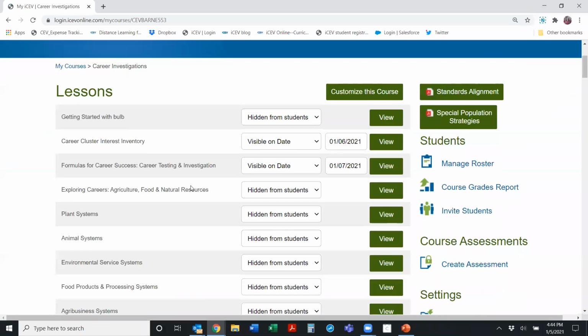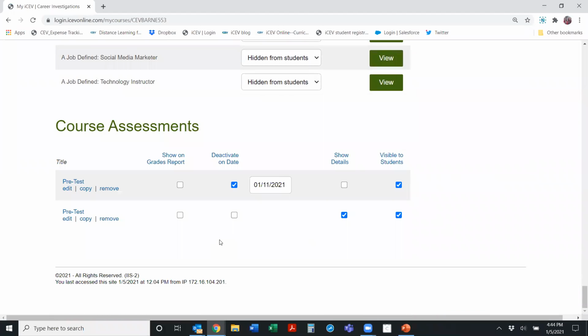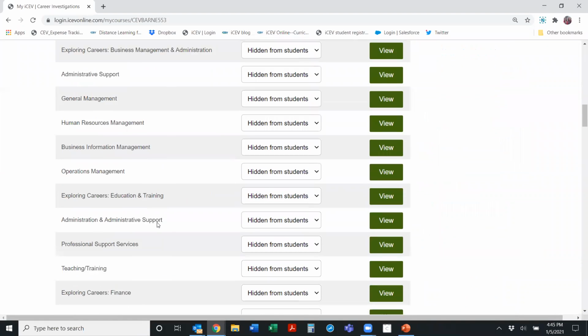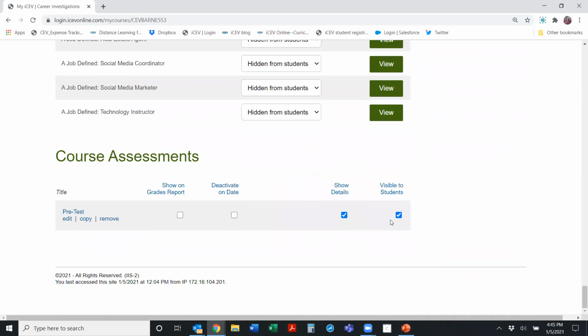Now this pretest will occur at the very bottom of your list of lessons. So here's this one that I just created. This one was one I created earlier. I'm going to remove that one just because we created a new one. I want to demonstrate that right away, the students, if they have a student seat, are going to be able to see that. So if you don't want them to see it, you need to uncheck it.